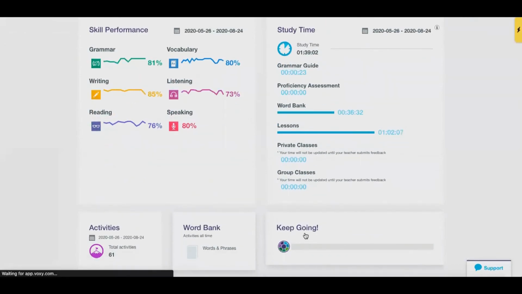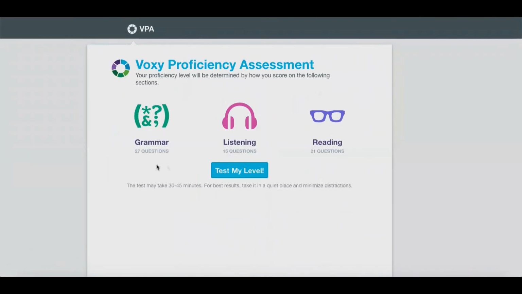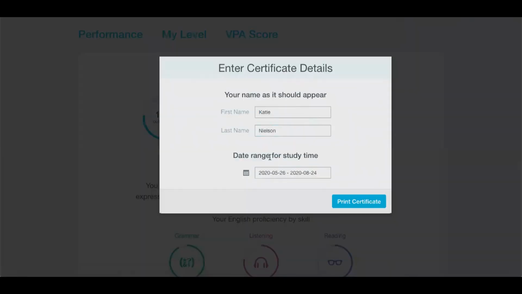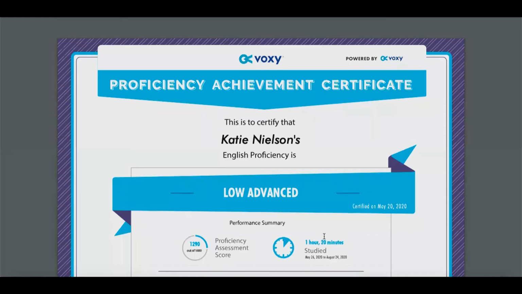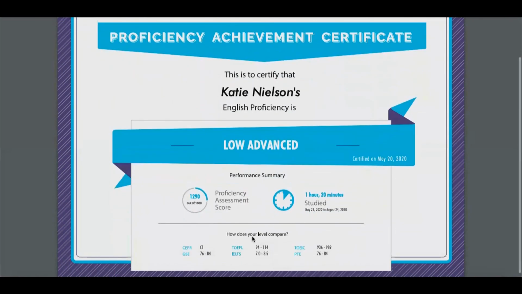And then if I go here, I'm actually in the proficiency assessment here, so I'm not going to keep going. I'm not going to make you watch me take a proficiency assessment, but it looks at grammar, it looks at listening, and it looks at reading, and the grammar is really integrated: reading, grammar, and vocabulary. I can print a certificate here. I can choose the date range for the certificate. And so this tells me that my proficiency is this. This is my level compares across those